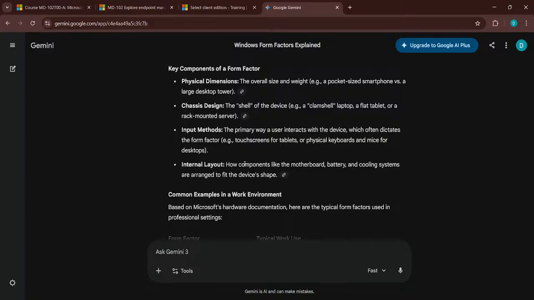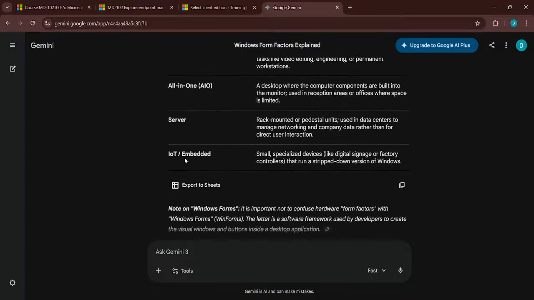Design is the type of device, so it can be a laptop, desktop, or smartphone, or a mini PC. Physical dimension, chassis design, input methods, internal layout. Components like the motherboard, battery, cooling systems are arranged to fit the device's shape. Yep,